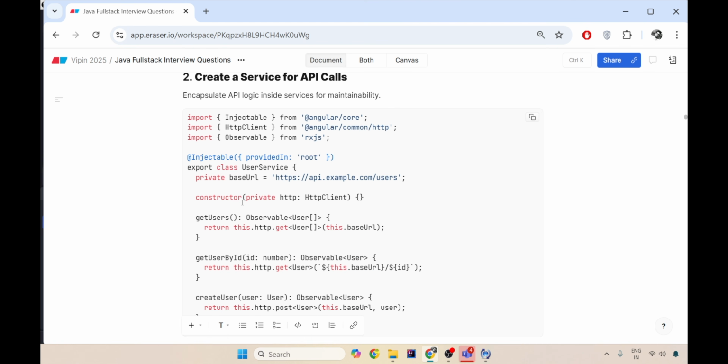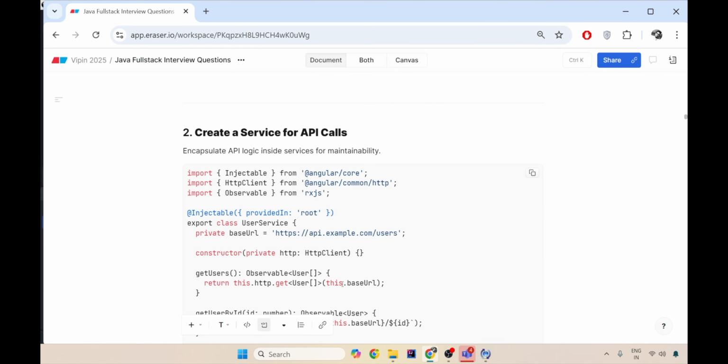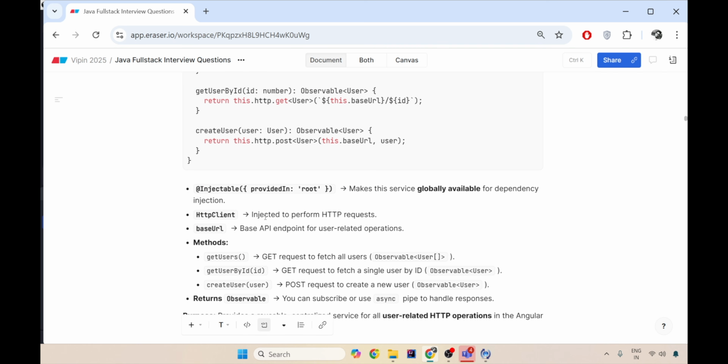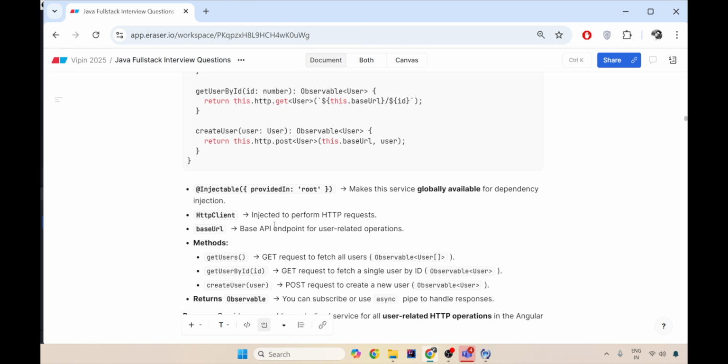The second thing that is very important that you need to do is, now you import it like this. You have already imported and made a part of your ng module with imports. Now to use it in a component, you have to import it like this. The second important thing is you have to make it injectable provide and root. That means this service is now a global service and will be available for injection easily, dependency injection easily.